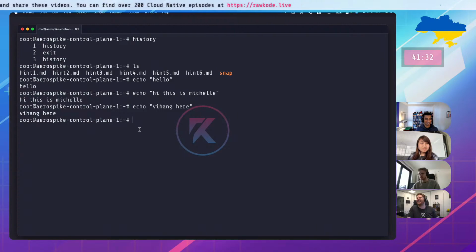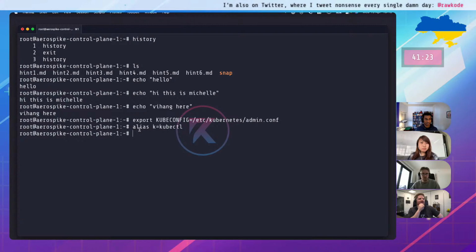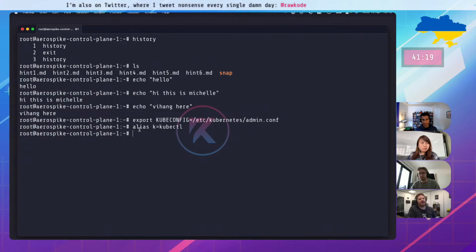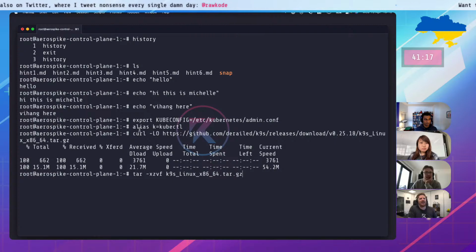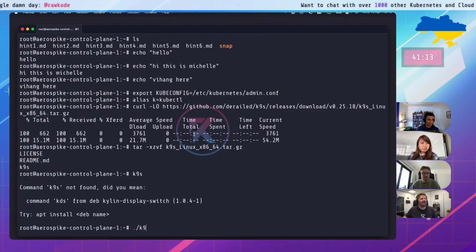Okay. Let me copy over some commands I want. It's always nice to see K9S. Yeah, and getting K9S.